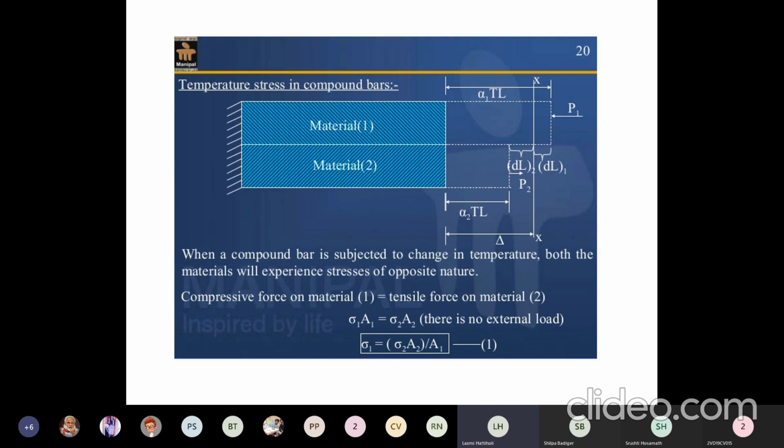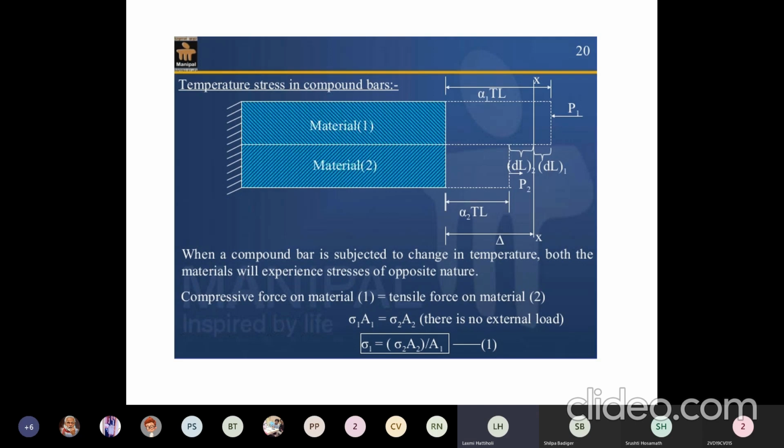When the forces are equal and in opposite direction, what will be the effect of it? Can anyone tell me? Two forces equal in magnitude, opposite in direction, so what's the effect of it? Equilibrium, ma'am. Equilibrium, very correct. The effect is nullified. It is an equilibrium. That means I'm not doing anything to the member, I'm just maintaining a balance in both the members. So P1 and P2 are equal in amount and opposite in direction. The only thing is material 1 is compressive and material 2 is tensile. So somehow I have brought both the materials to XX now.